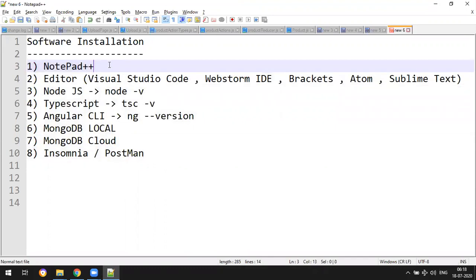This is a course dedicated only to Angular, and if you know this backend technology, you can really understand the complete flow of Angular. That's like a bonus for you.